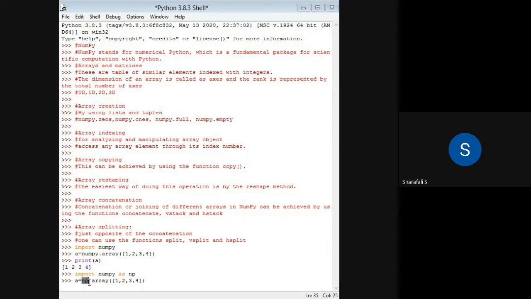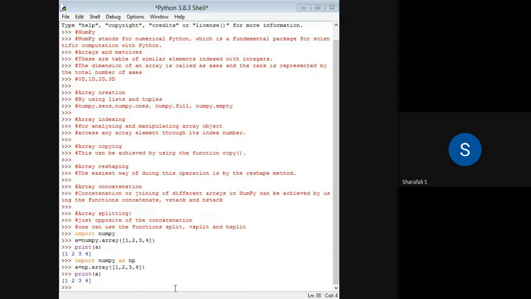If I take print of that, I will get the same array. This is not a list now. This is now an array.